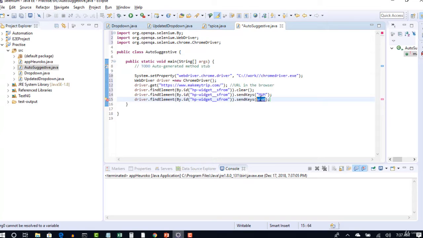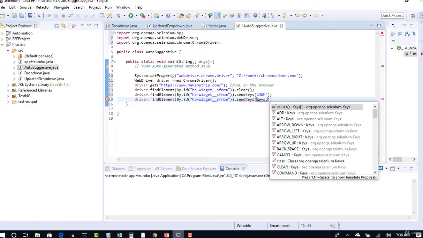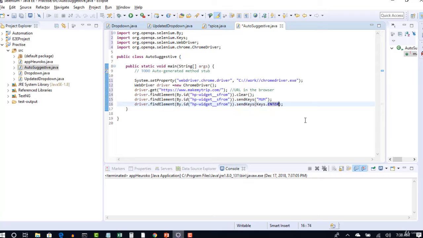So how to say enter button in this send keys? For that there is a method called keys. Type this and say dot. That will give you all keyboard events which you can perform. So here keys dot find for enter. That's it. That's how you can hit an enter on any element through Selenium.